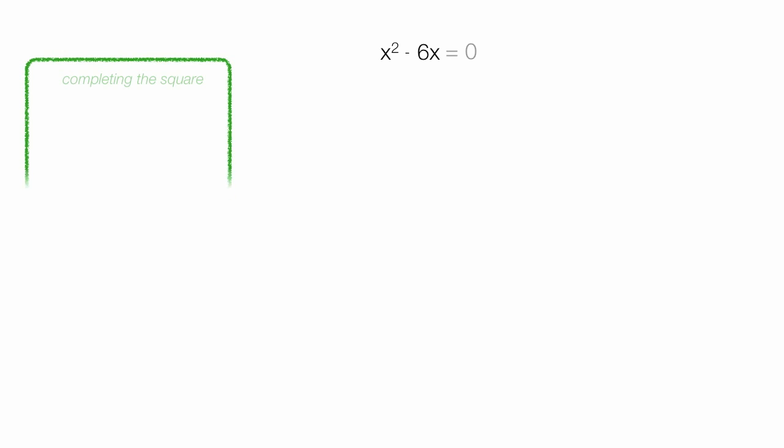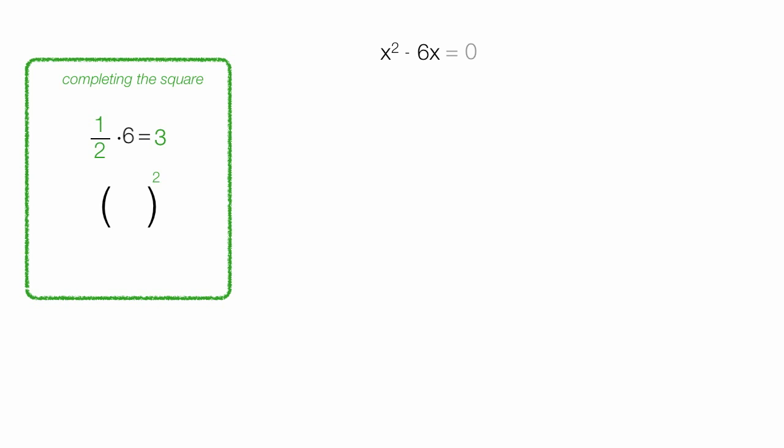The very first thing we do when we want to complete the square is we take that 6 times 1/2, and this is equal to 3. We take that 3 and we square it. So now 3 squared equals 9. We take that 9 and add it to both sides of that equation above. So I take plus 9 on the left-hand side and plus 9 on the right-hand side of the equation,